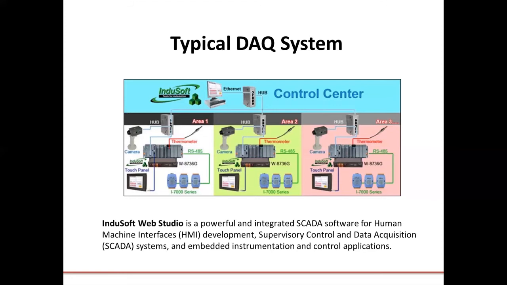So whether it be proximity sensors, analog sensors, or any type of sensor, the idea behind this image is that all the data from the 3 areas are connected through the network and connected to the PC, which is running InduSoft. PLCs will be controlling each area individually, but the InduSoft will be used for data acquisition and some supervisory